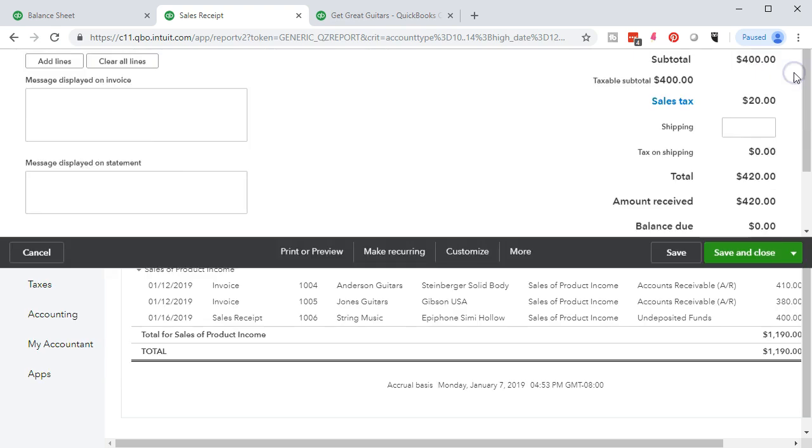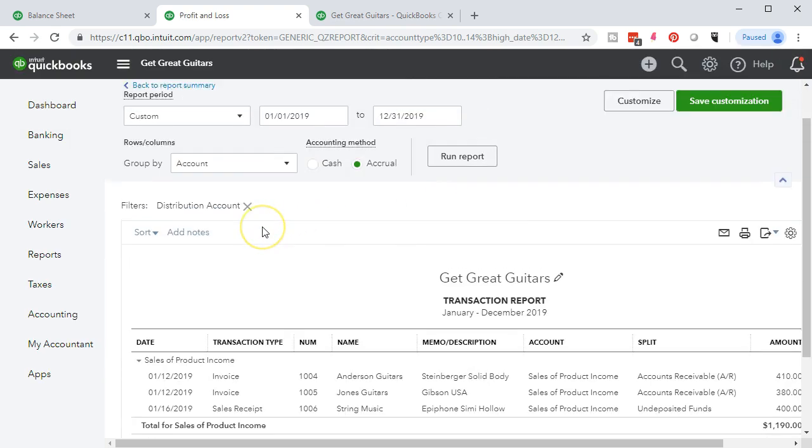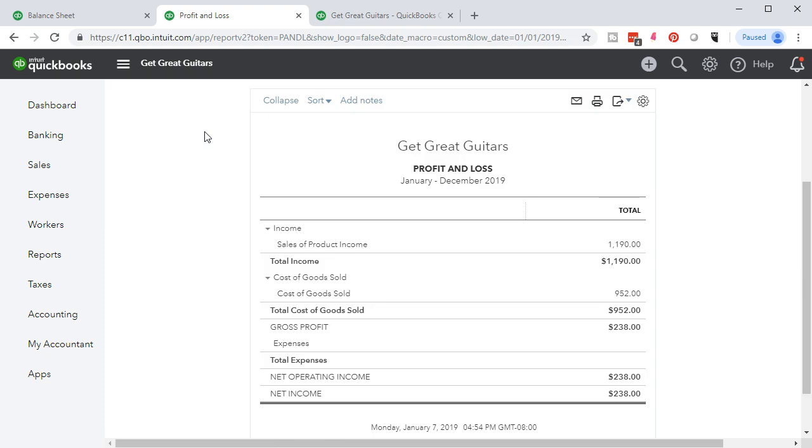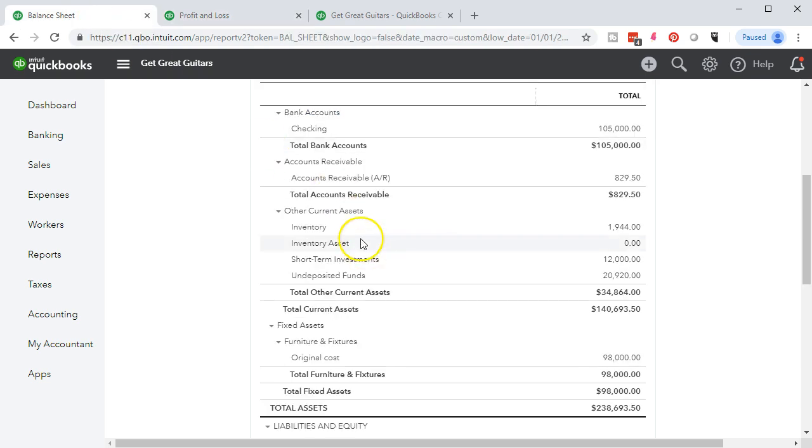So if we close this back out, we have to find that other 20 to balance out. I'm going to go back to the profit and loss here. Now that will be on the balance sheet again. So if we go back to the balance sheet to find that balancing $20, we go into the balance sheet